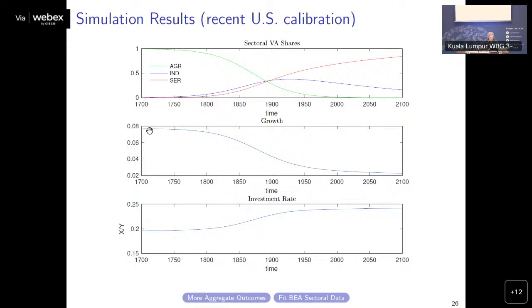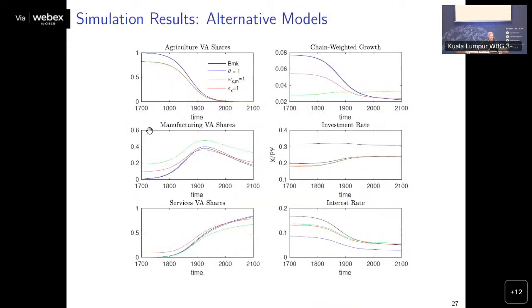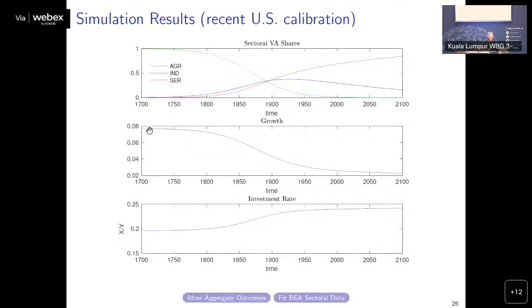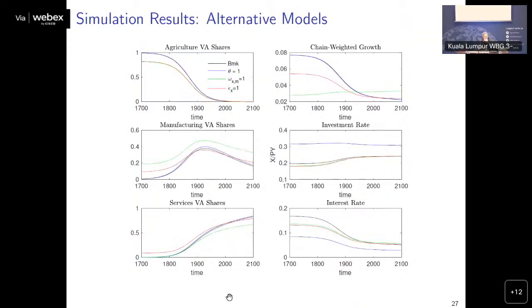Let's see. I want to show you, you could do this. I can connect this investment rate to the relative price of capital and the rental rate on capital. I'll skip that another time. But I want to now consider alternative models. So these different parameterizations that have been used in the literature, these knife edge assumptions, and show you that they matter from our benchmark.